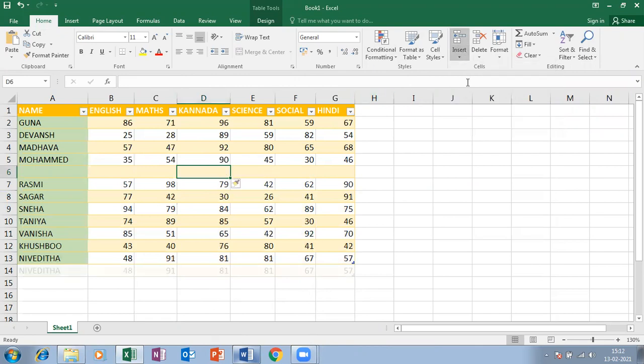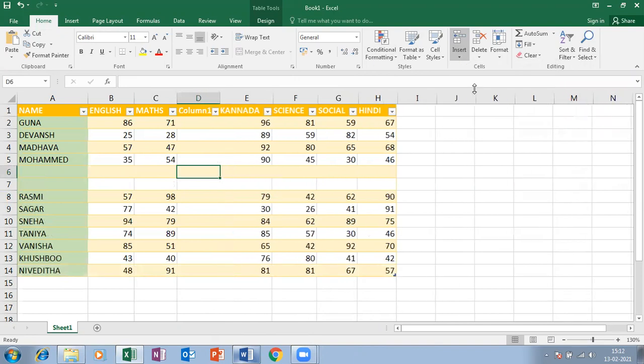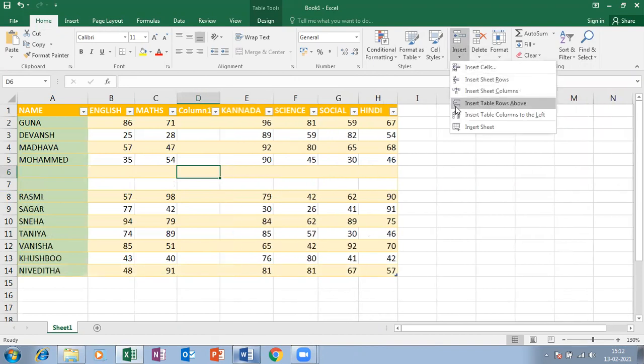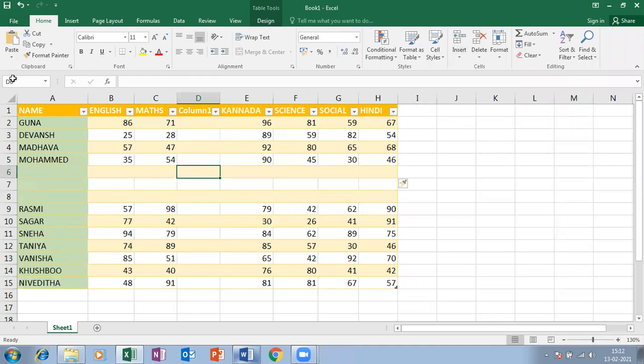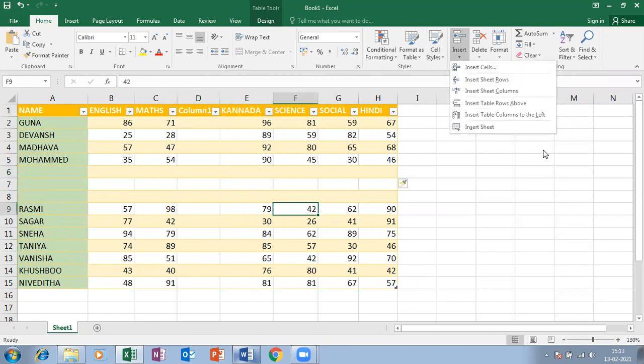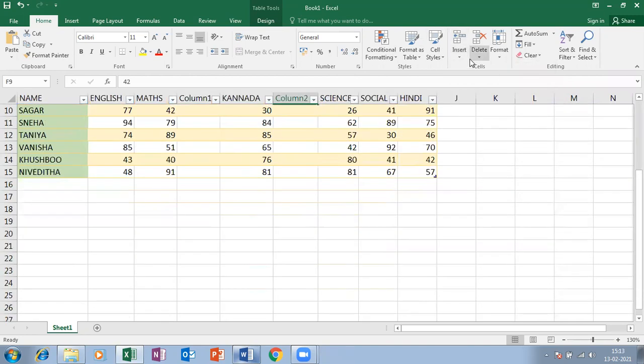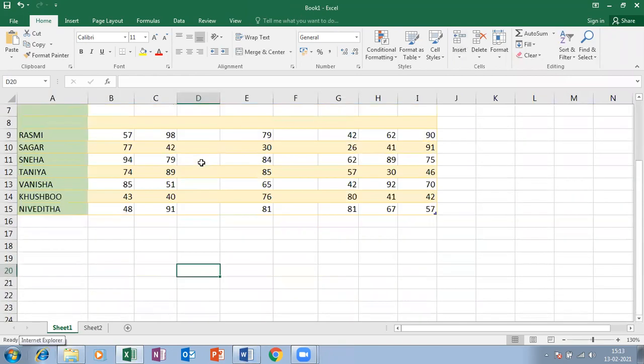Again, insert a sheet row, insert a sheet column, and then insert a table row above, insert a table column left, and insert a sheet here. So I can use Shift F11 to insert a sheet.